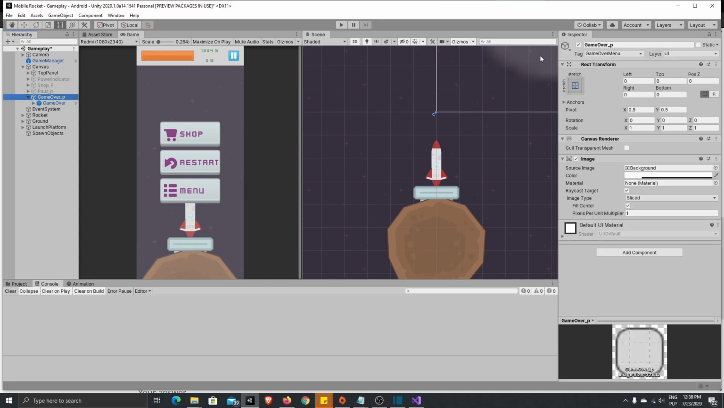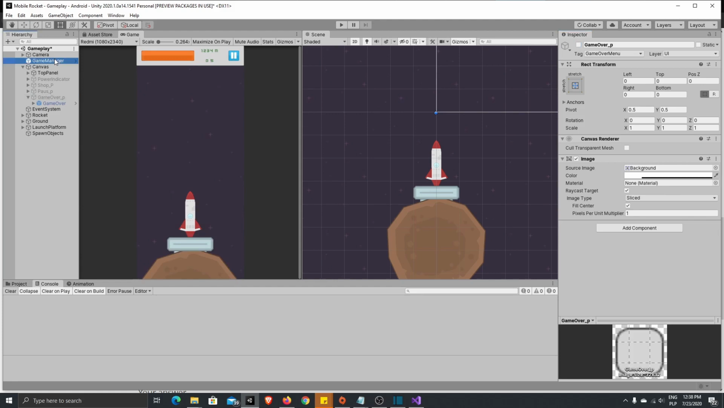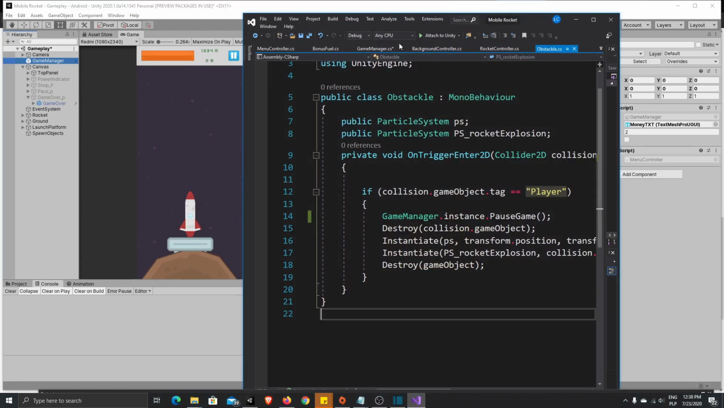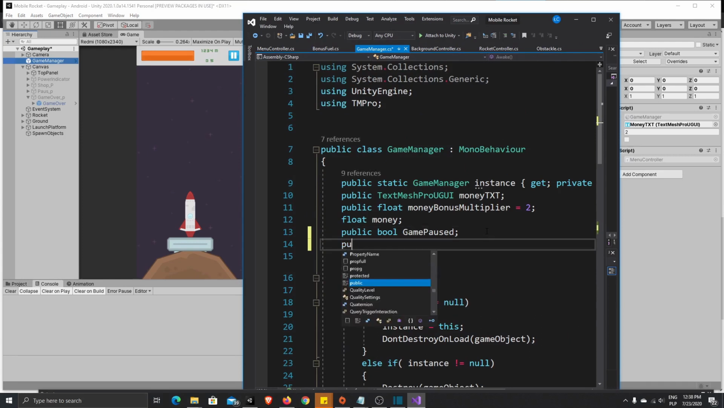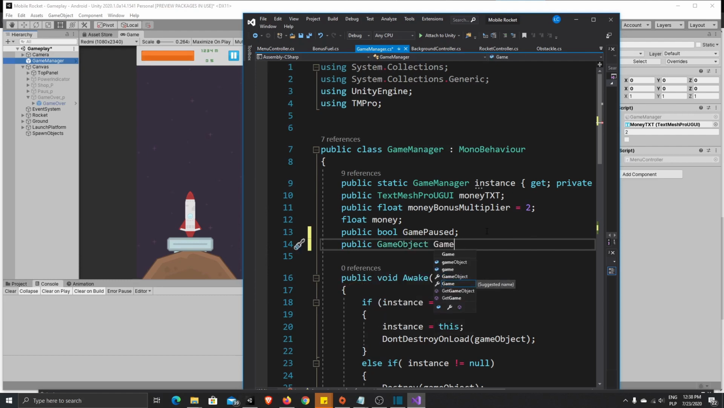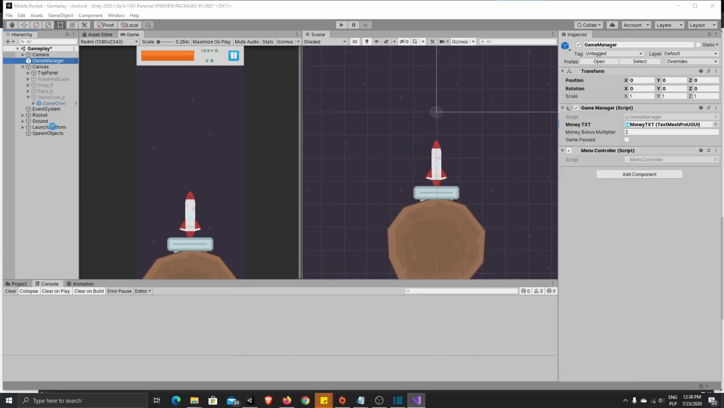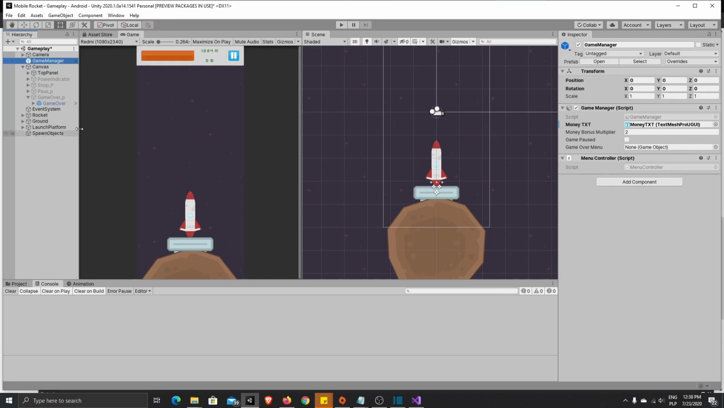So first, let's make our game over menu inactive, and inside our game manager we'll have to add a reference for our game over menu. So let's make just public game object game over menu. Press Control S to save, and here in our game manager let's add our game over menu. Press Control S to save, go to your script,